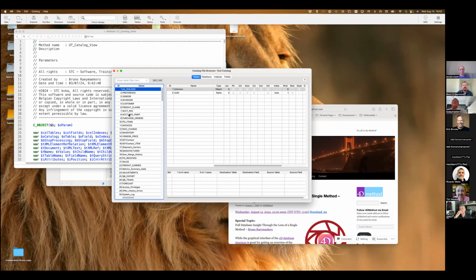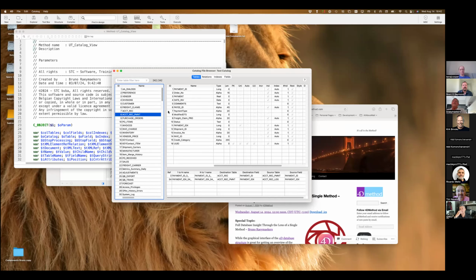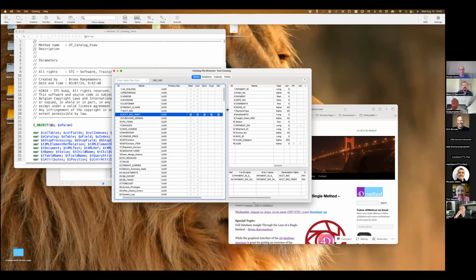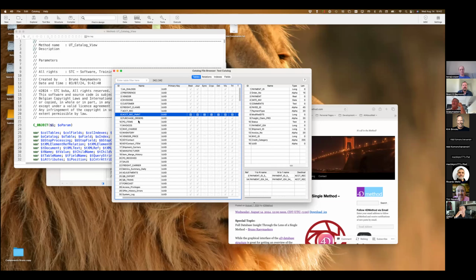For the tables, basically what we show as information, if you open this up, besides the table name, you have what is the primary key of this table. Is this table open to REST access, yes or no? Is the table in the log file for 4D?